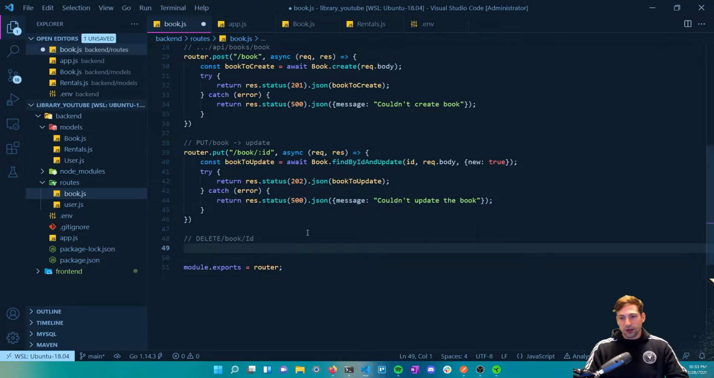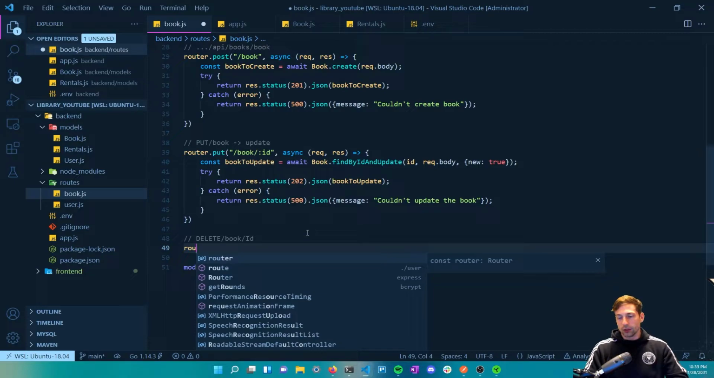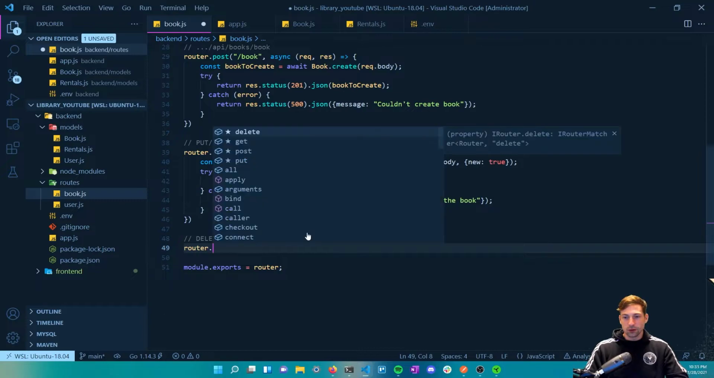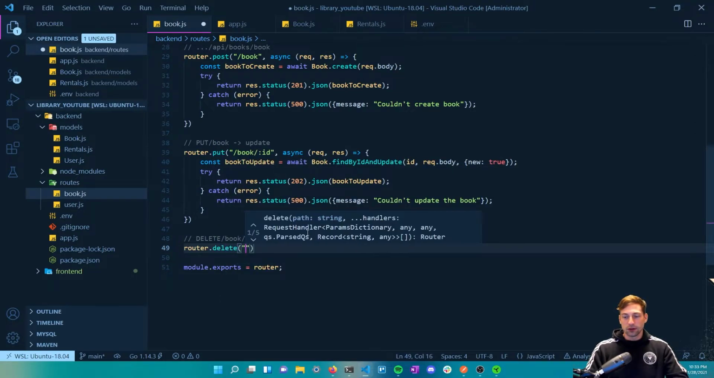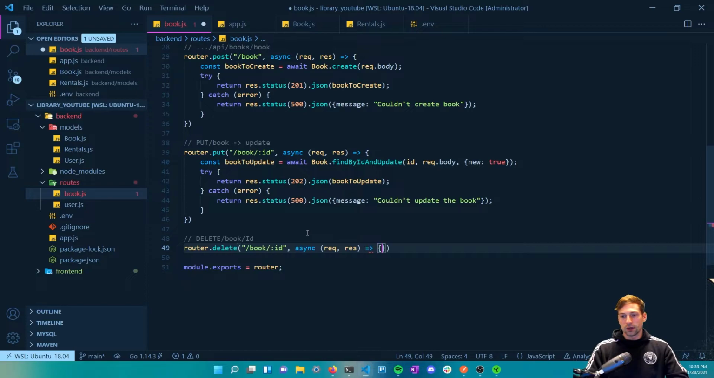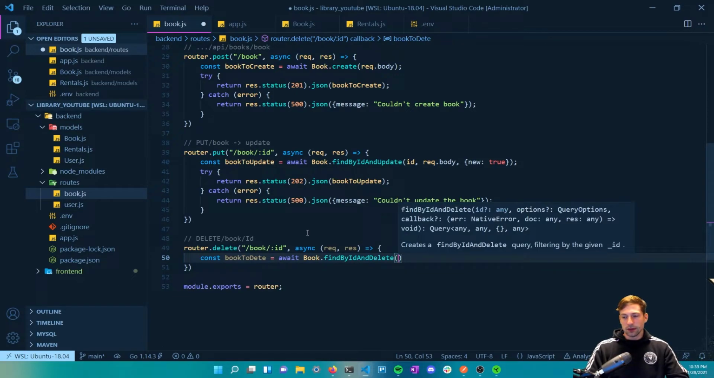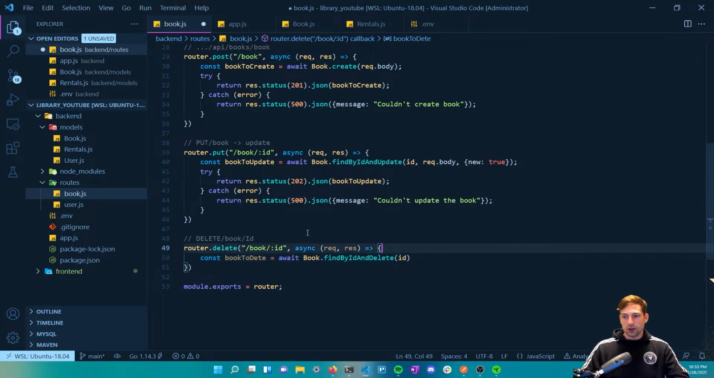And deletion is actually really easy. We just pass the ID, and we do Book.findByIdAndDelete, and that's it. But you'll see how we do that. So router.delete /book/:id, async (request, response). Const book to delete. Set that equal to await Book.findByIdAndDelete, where I'm just going to pass the ID,